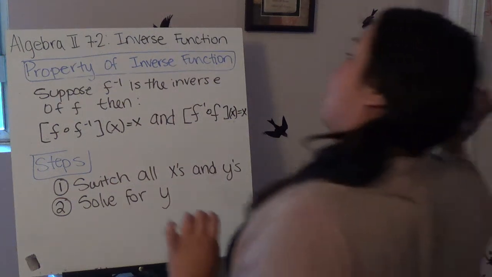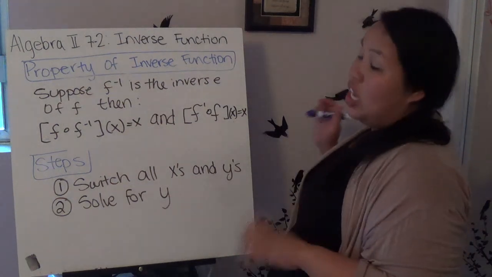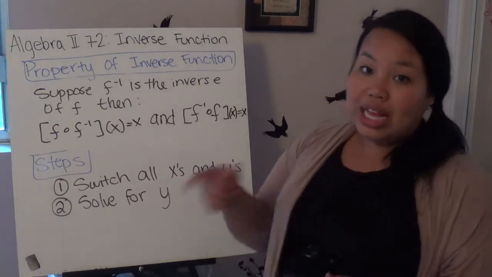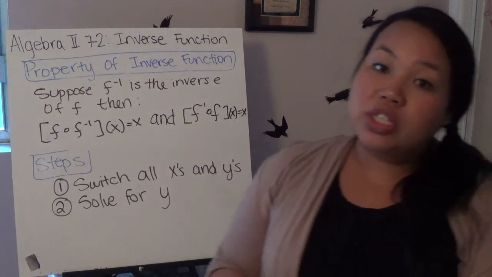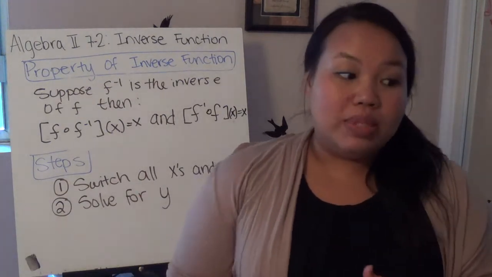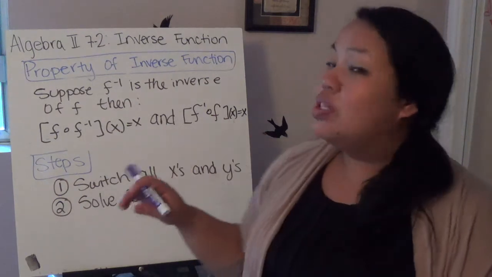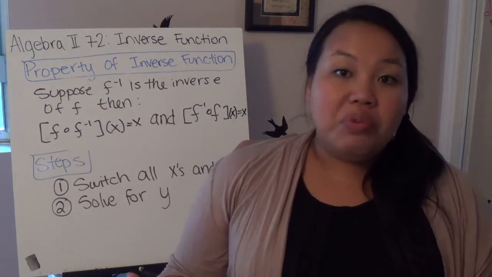Algebra 2, section 7.2, we're dealing with inverse functions. So basically, in the last section we were dealing with combining functions in very different ways to join them together. In this particular one, we're going to find the inverse, the opposite. And we've done inverse